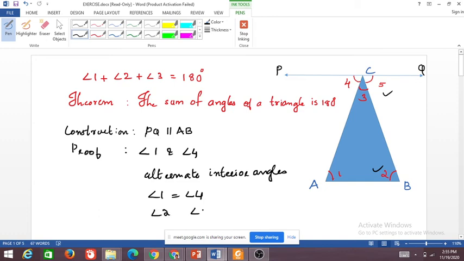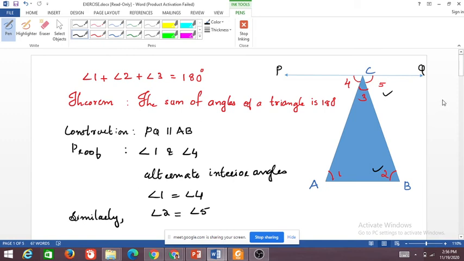Angle 2 and angle 5. So there CB is a transversal. So angle 2 and angle 5 will be... Ramya, can you tell me angle 2 and angle 5? Yes, ma'am. Here angle 2 equal to angle 5, ma'am, because when a parallel line is passed, their interior angles on the same side of the transversal is supplementary and equal, ma'am.